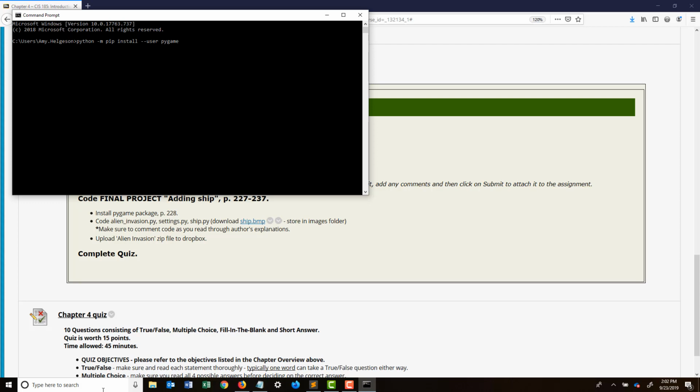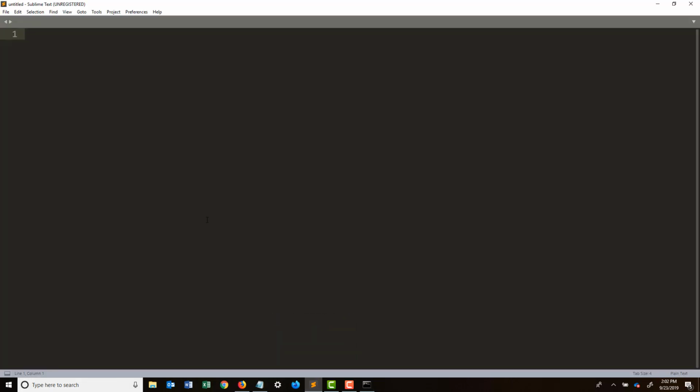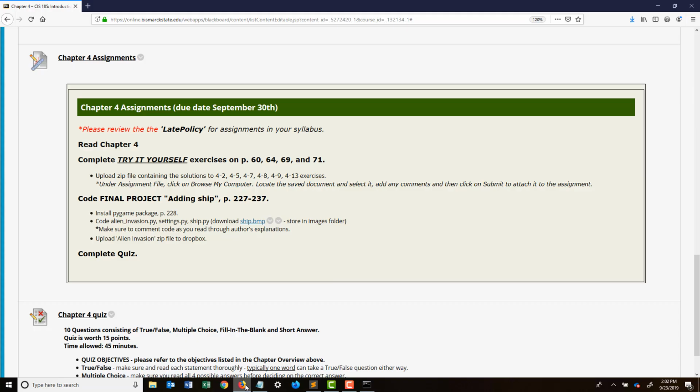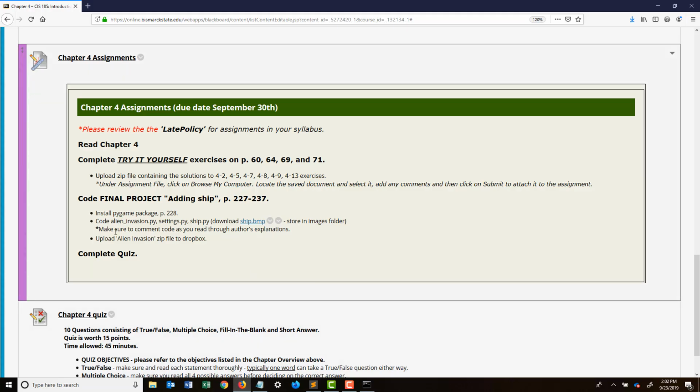So you must have that installed in order for you to see the functionality of the code that we're going to type next. Starting on page 229 is where we start coding alien invasion. Before we jump into that, I want to talk about what I have listed here. We already installed the Pygame package. Now we're going to code these 3 files, and I need you to download this